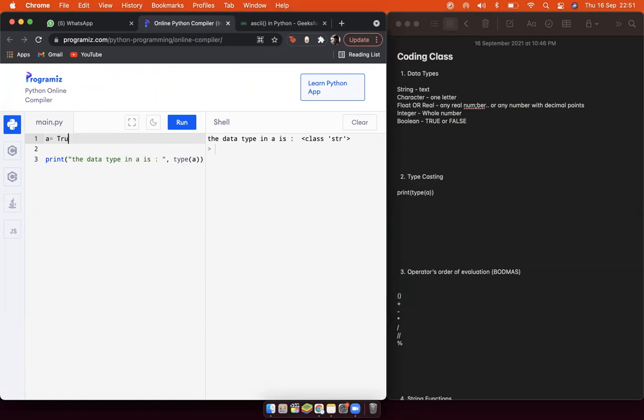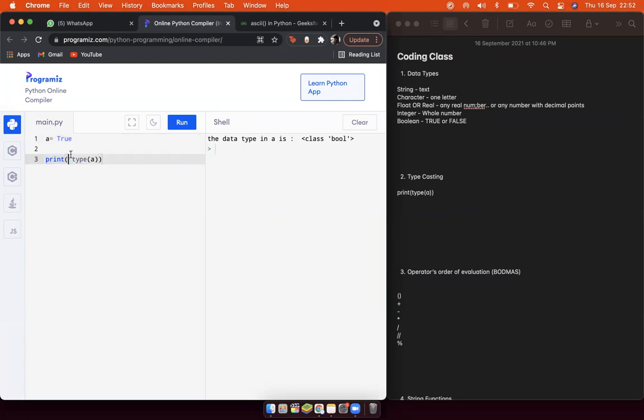Oh wait, we're missing the boolean. If you do that, it says the data type in a is class bool. So this is typecasting. It will tell you the data type that is stored in the variable. Remember this: you write print type a.